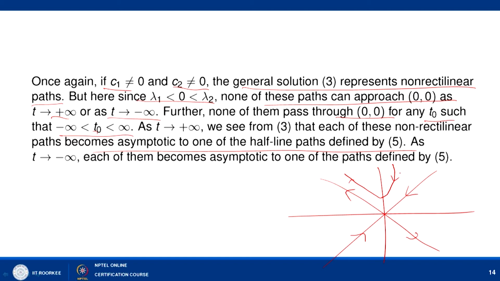So it is coming along this line, which is tending towards the origin 0 comma 0, and as it gets a little near 0 comma 0, it will move away from 0 comma 0 along the other line, right. In a similar way, if we have this, it will behave like this, and here it is like this, here it is like this. So none of the solutions is tending towards 0 comma 0 here.